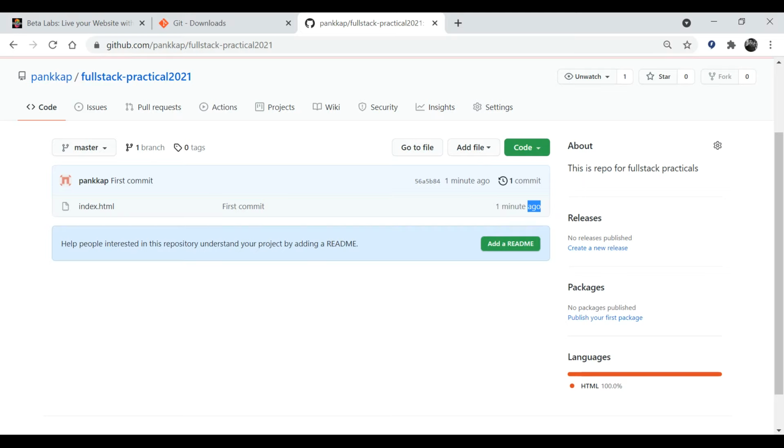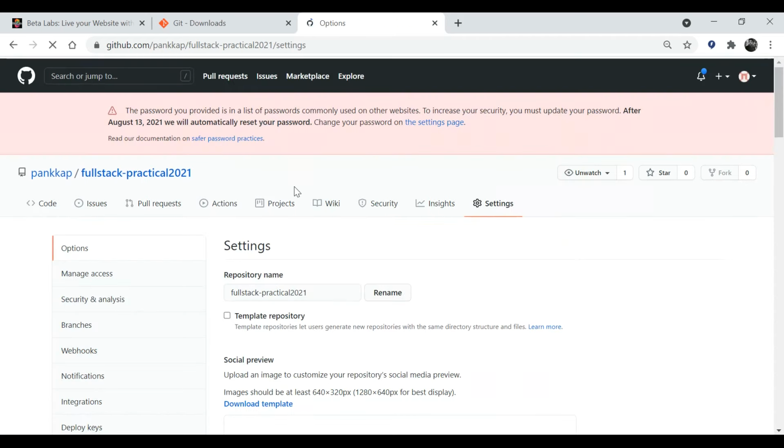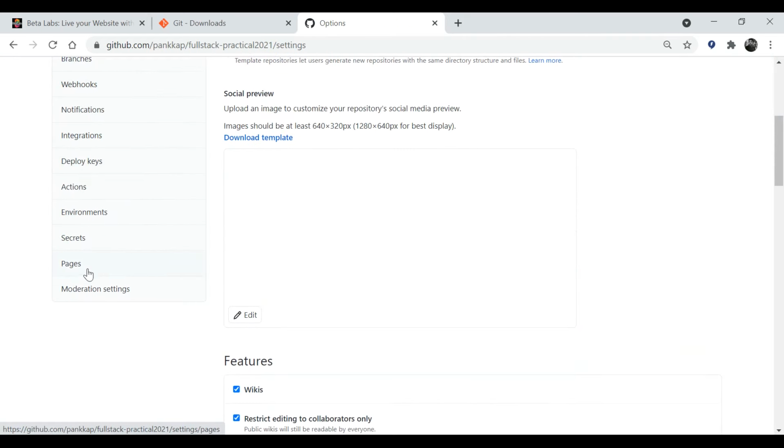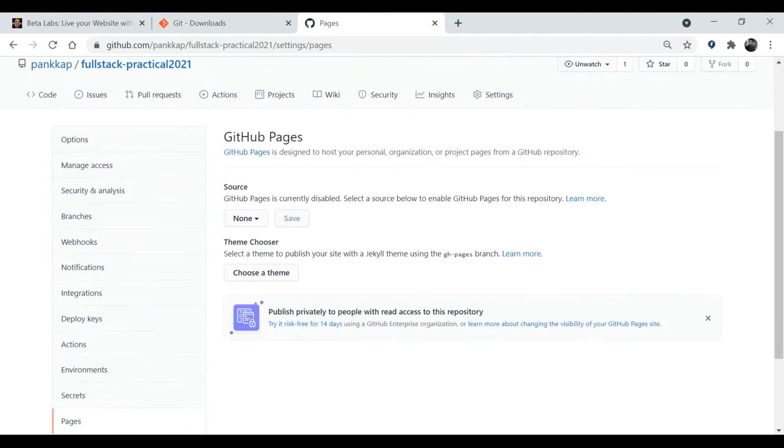Now अब क्या हो चुका है? आपका जो प्रोजेक्ट है, आपका जो लोकल कंटेंट था या लोकल फाइल था, इट विल बी अपलोडेड ऑन योर गिटहब। नाउ नेक्स्ट थिंग इज आई वांट दिस पेज, द इंडेक्स पेज टू बी लाइव। हमने इस पेज को लाइव करना है। लाइव करने के लिए यू हैव टू गो ऑन टू द सेटिंग्स। मैं सेटिंग्स पे जा रहा हूँ एंड ऑन द सेटिंग यू हैव टू फाइंड द पेजेस। पेजेस को फाइंड किया हमने, क्लिक किया,